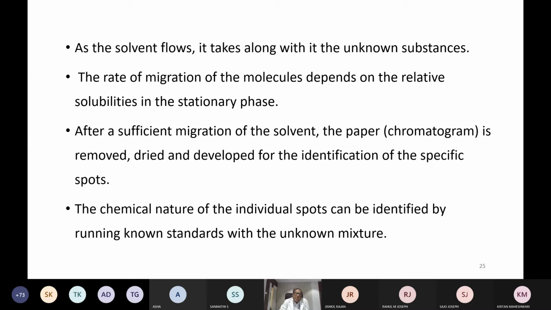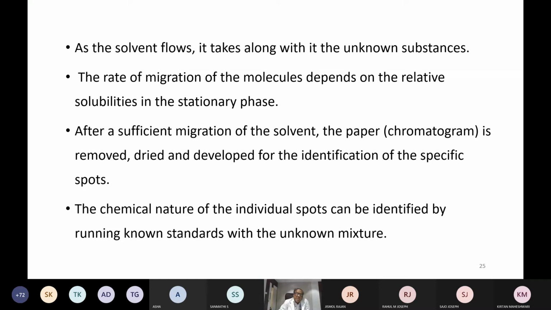At the extreme left side, the spots you put will be of the known amino acid mixture, or any one or two amino acids. Suppose you are given the information that this patient is suffering from glycinuria or related symptoms, or the clinician says he suspects this patient is suffering from glycinuria, then you can check that way.